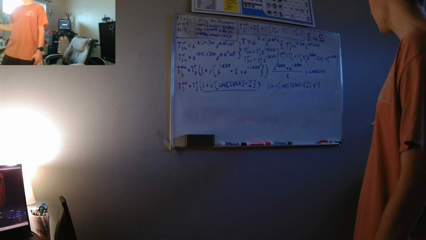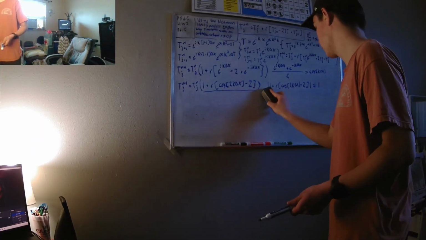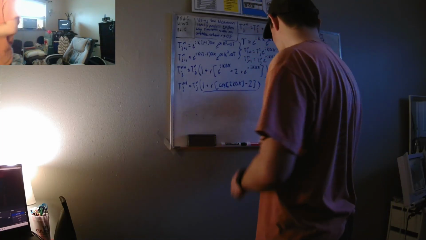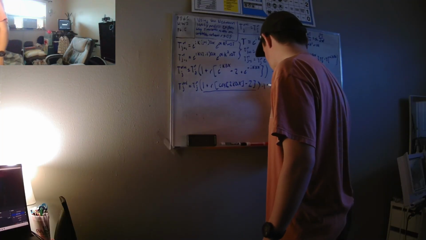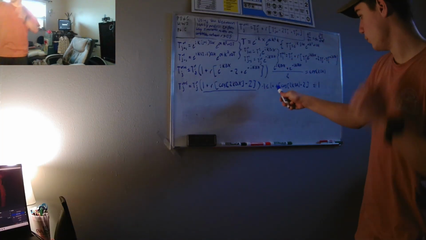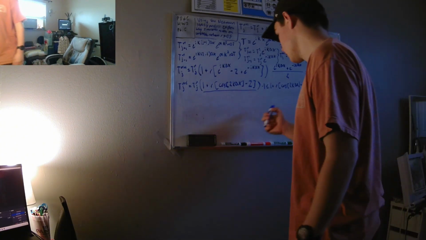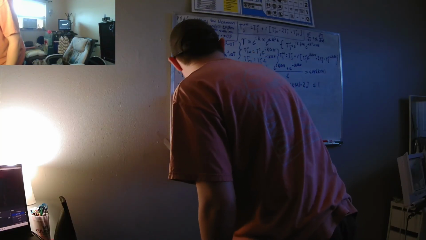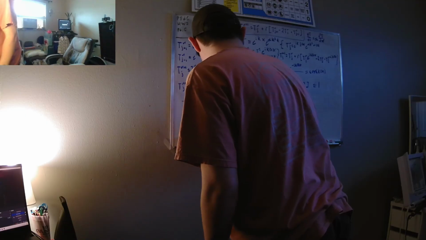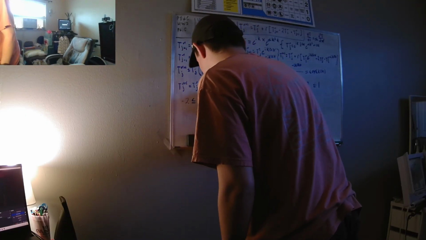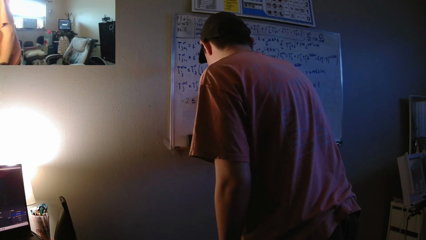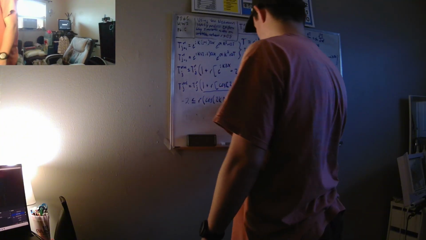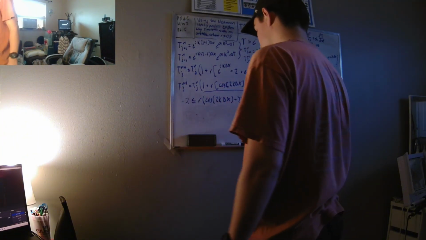And if we remove those absolute value signs, we know that not only is this expression less than or equal to 1, but it's also greater than or equal to negative 1. If we remove this 1, subtracting it from both sides of this expression, we get negative 2 must be less than or equal to r times cosine of 2k delta x minus 2 must be less than or equal to 0,